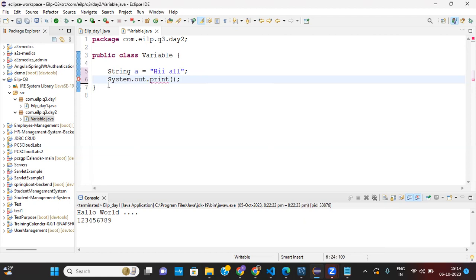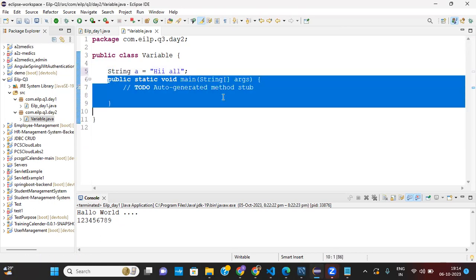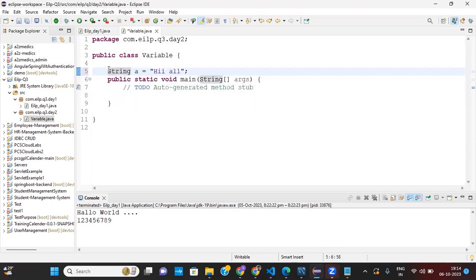Basically, it is not finding this method. That is because we did not give the main method, and System.out.println must be inside the main method. Now if I give it inside here, print a, it should detect it.